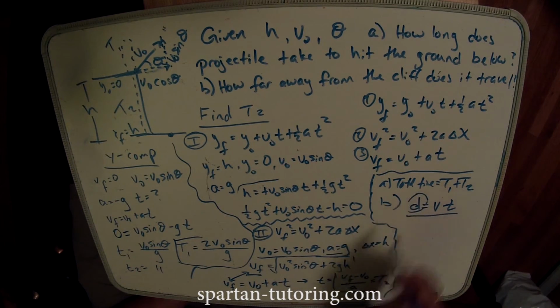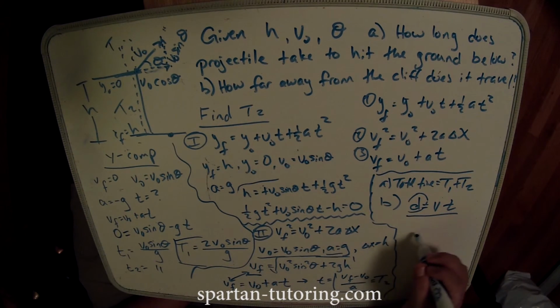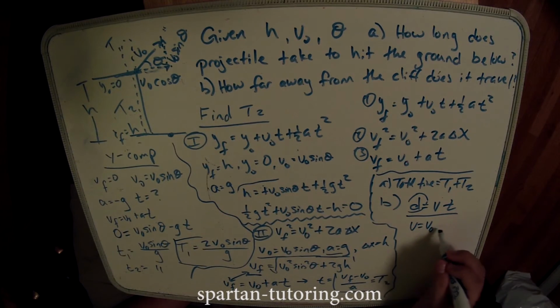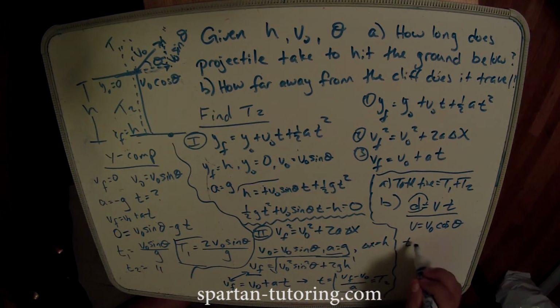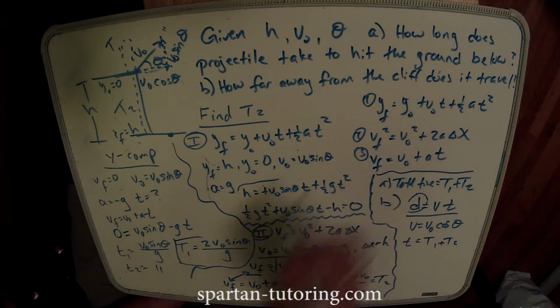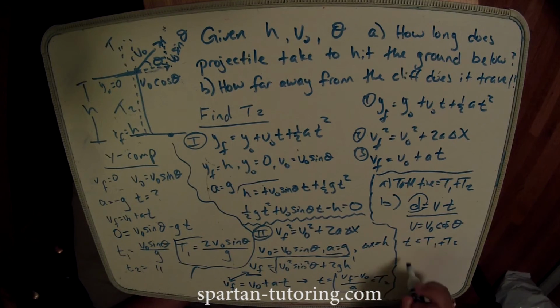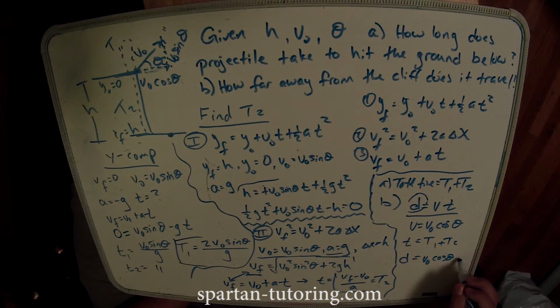You are at a constant velocity, which is why I can use that distance is vt. And I'm looking for d. And v is going to be v naught cosine theta, because this is in the x direction. And this t is equal to your T1 plus T2 you found earlier in part A. And so D, the distance traveled, how far away, is going to be v naught cosine theta times your